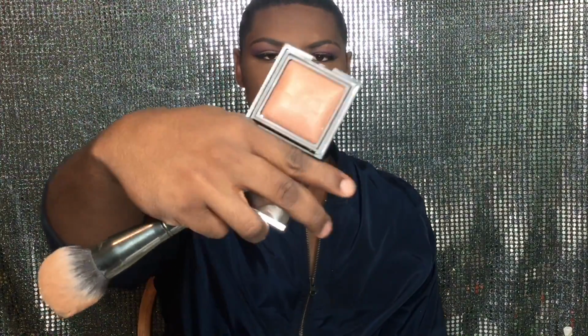And then this thing I've been using as a mirror, it's actually a Laura Mercier powder. It's only been out for a month or two. And it looks like this. It's called the Candle